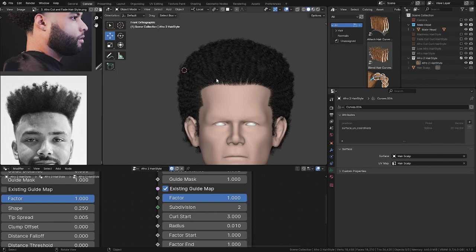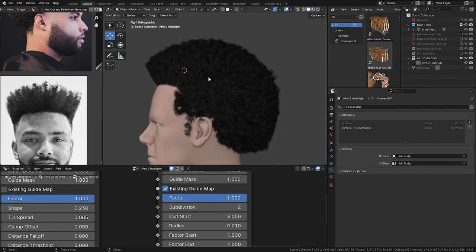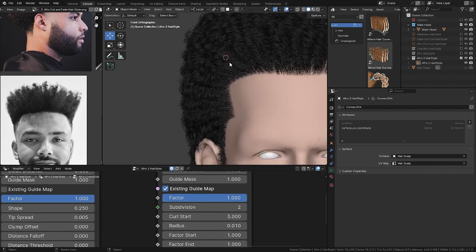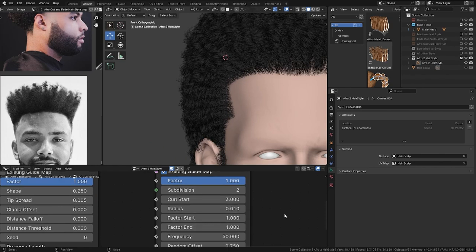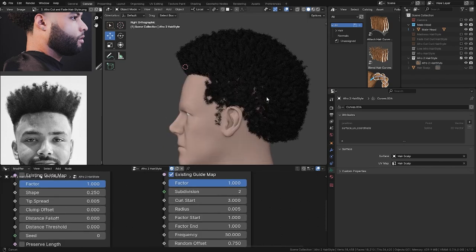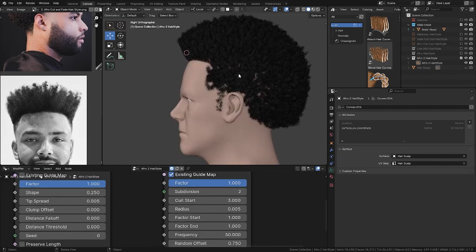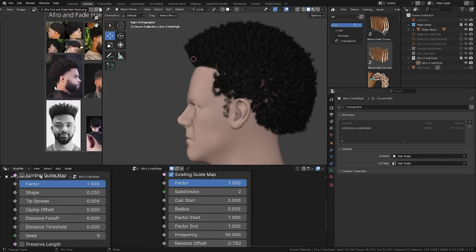So there is just no one way that you can do this thing. You have to test different ways to achieve what you are trying to create. So this is all about the afro hairstyle. And another thing, remember,